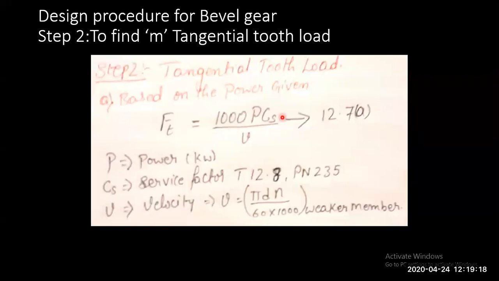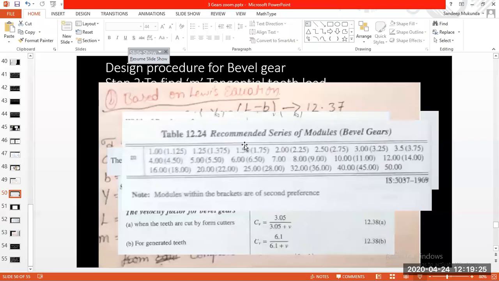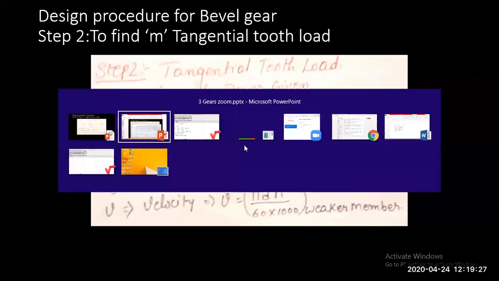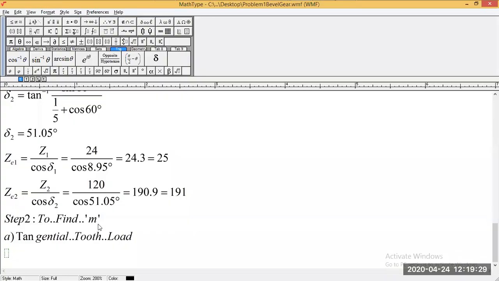So Ft is 1000 P Cs over V. Let's note down this information here. Ft equals 1000 P